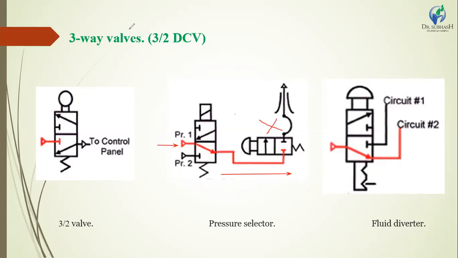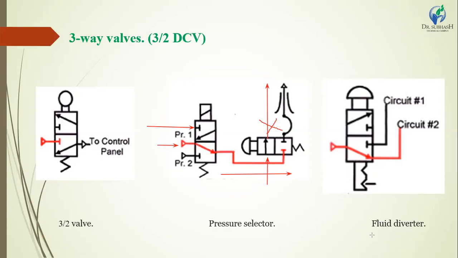If you use the first position of the 2 by 2 valve, the oil can pass from the 2 by 2 valve to the hydraulic circuit. This is the pressure selector. Also, we can stop the oil from the 3 by 2 valve by using this position. The valve is not operated and oil cannot pass from the 3 by 2 valve.